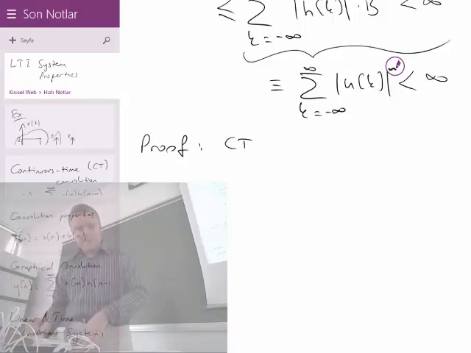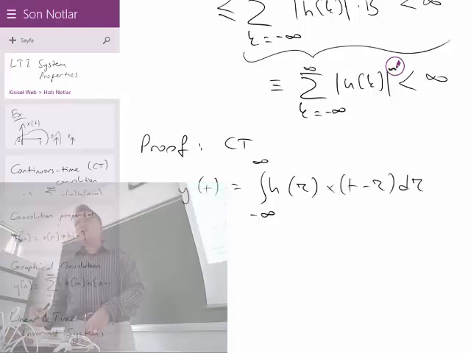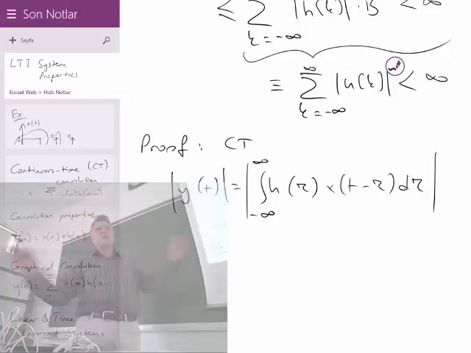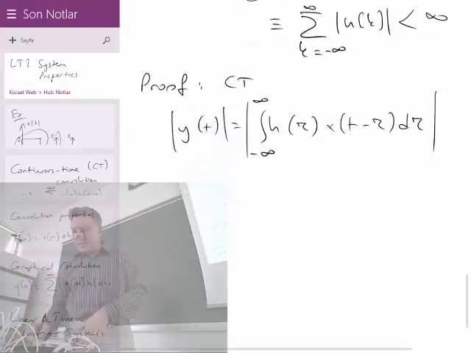In continuous time, this time let's write y of t equal to the integral from minus infinity to infinity of x of tau. Let me write h of tau because it's easier to write it that way: h of tau times x of t minus tau d tau. And just like in the previous case, I'm going to put absolute values on both sides of the equation. The triangular inequality now says that if you push the absolute value signs inside the integrals, it will be less than or equal to